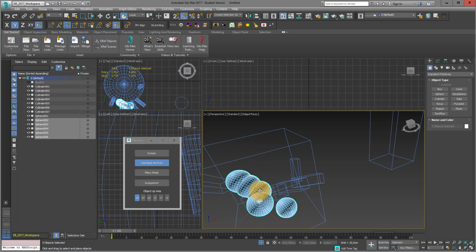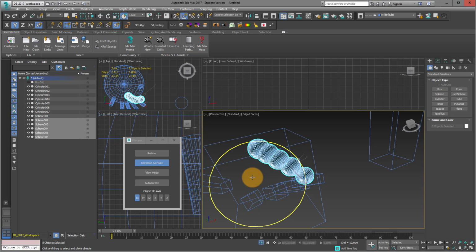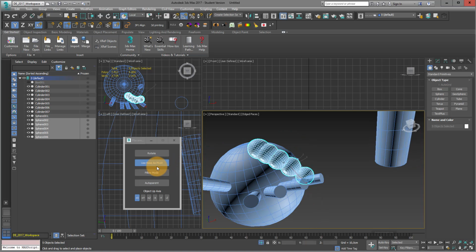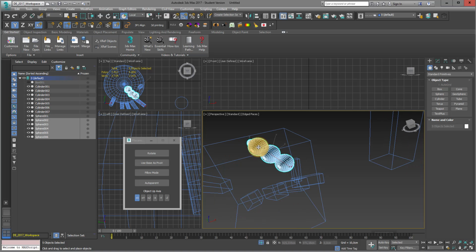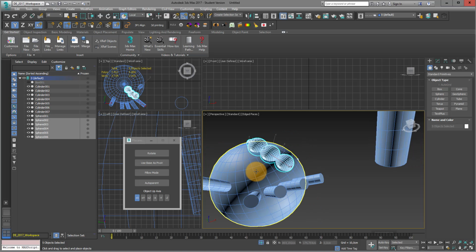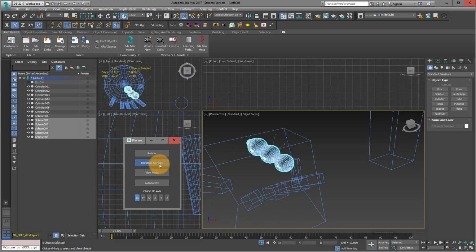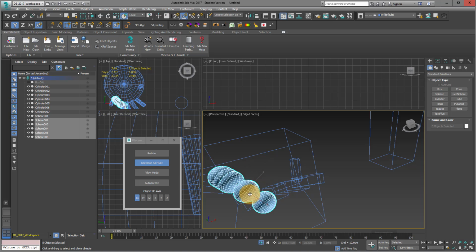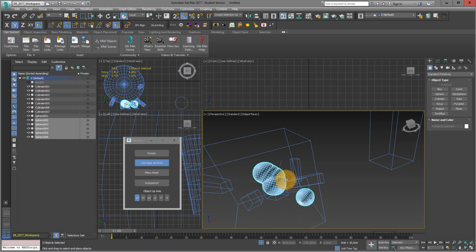In my cylinder it's like this. If I say select and move, you can see that the pivot point, that's the center of the object, with this object is in the lower area, and with the sphere it's not like this, it's in the middle. Just play with this, and it is actually really fun to see how this thing works